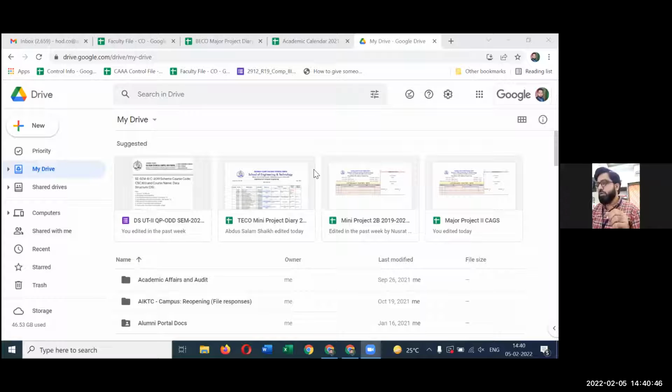Fine. So to start with the Google Suite, as suggested by the organizers, we have our own domain, AIKTC.ac.in, and Alhamdulillah, it has been provided to us by Google, and we are under the educational license. So we have this entire domain for us, and from this domain, each one of you must be having your email ID.